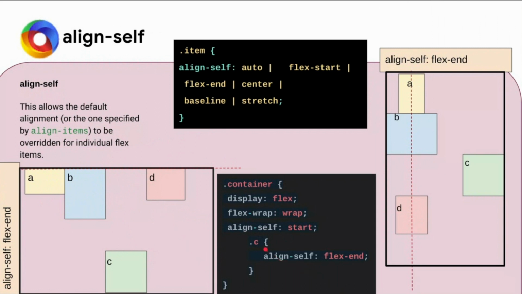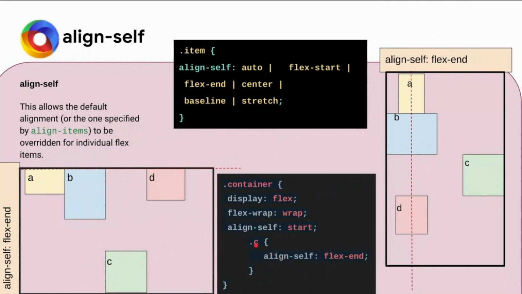Okay, but what I have done for the C item is that I have put align self as flex end. So in the flex end, it will go to the bottommost of the container, and for the column thing, it will go to the rightmost part. So it is changing the way how it is done in row and column, and you can change one particular property of each one of them.